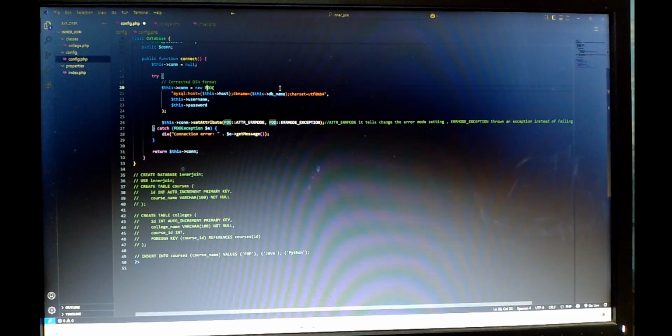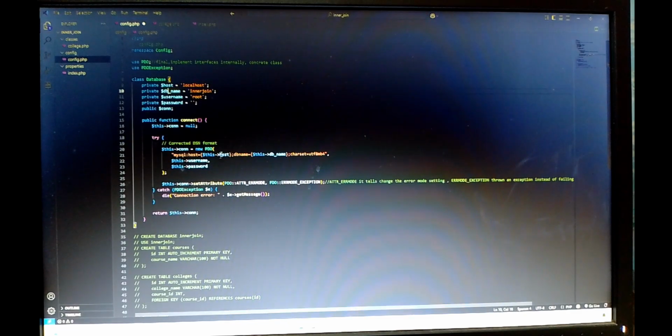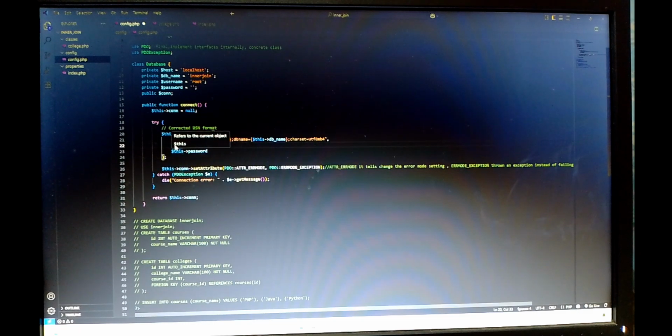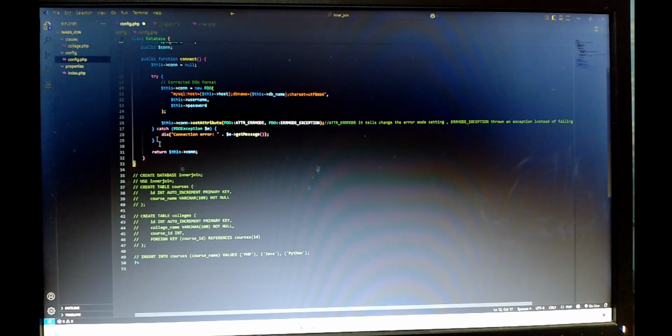Okay, so this is not a normal object. This is basically under the heap memory, and this is the stack memory. So new PDO, this PDO is under the PDO class. Under this PDO I simply add $this host, which means my local host, and $this DB name, which means my DB name, and I set charset utf8mb4, which I also discussed with you in my previous video. You can check it. Then I am just connecting using this username and also this password. After that, if there is any error, it simply passes on to the catch portion.